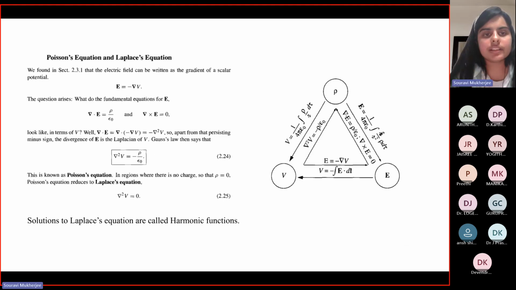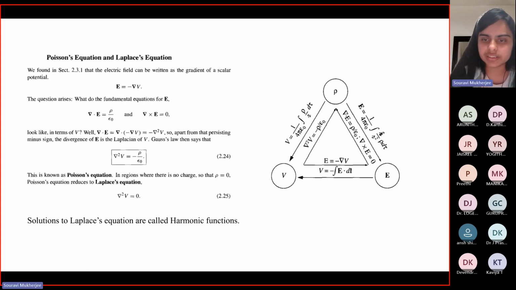Now, because E is minus grad V, if you use this relation that we had initially derived and put this expression here, you get del square V equal to minus rho by epsilon naught, and this is what is called Poisson's equation. In conditions where your charge density is 0, you get del square V equal to 0, and this is called the Laplace equation. So if you have some scalar quantity, and that quantity satisfies this relation del square V equal to 0, then this function will be called